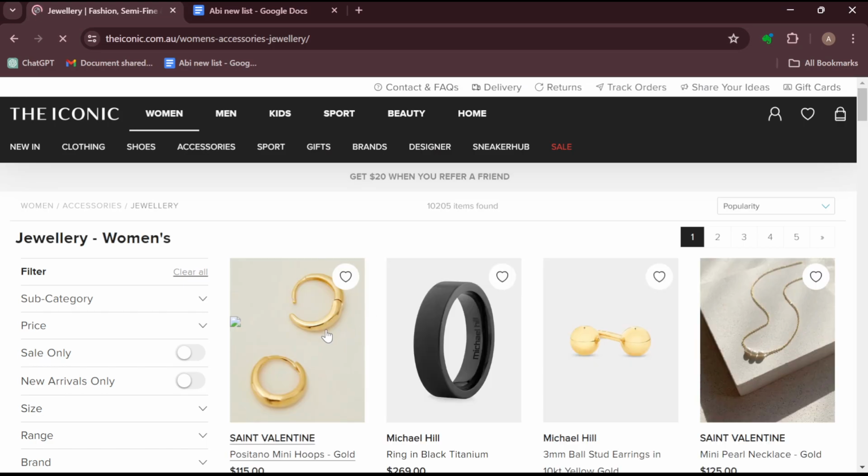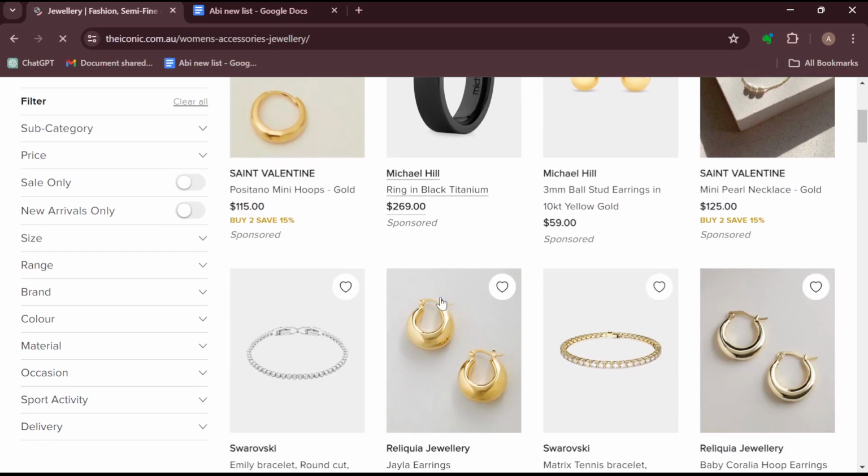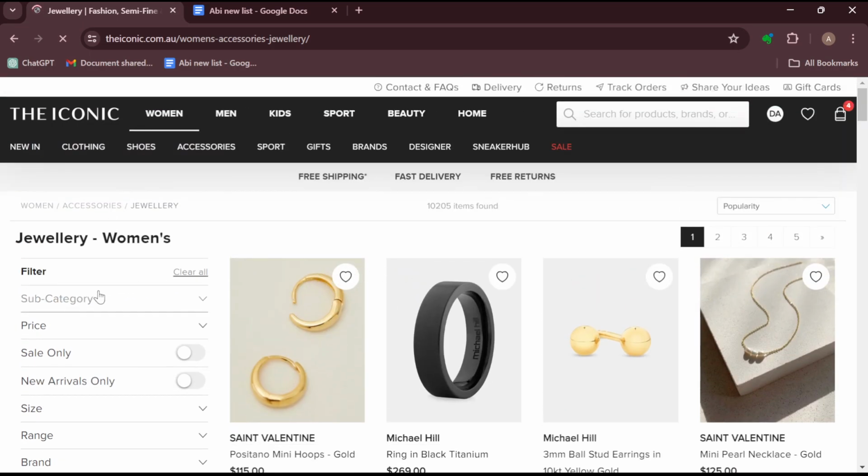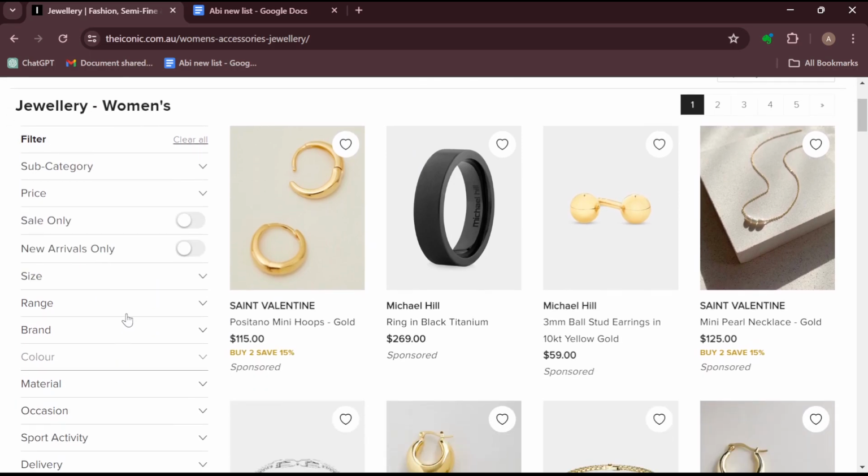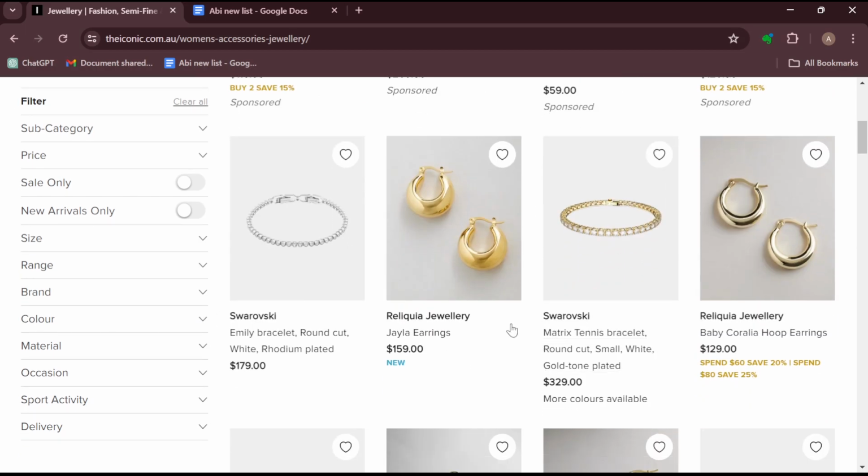Okay. So after selecting jewelry, you'll be taken to the jewelry page where you'll see different kinds of products. Now on this page, by the left side of the screen, you can see a filter. You can filter the exact kind of product you want, the brand, the color, whatever. And then once you've seen the one you want, just go ahead and click on it, just like